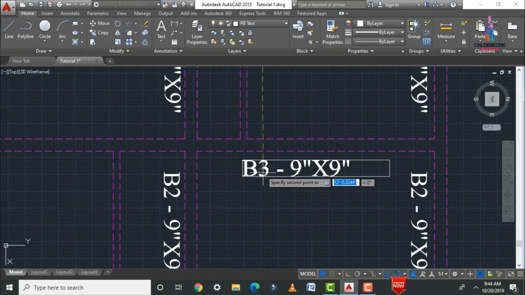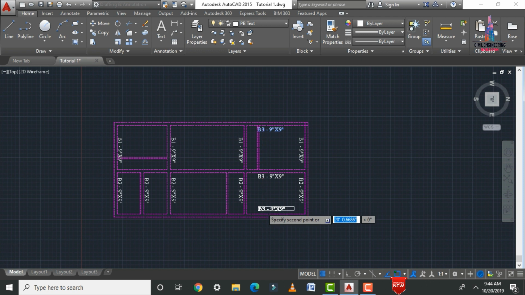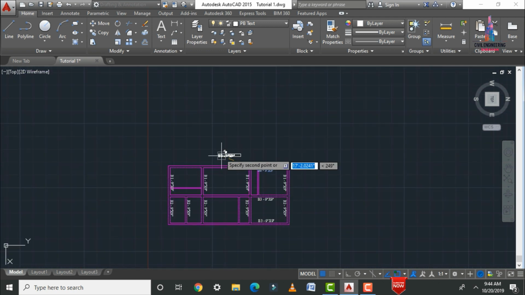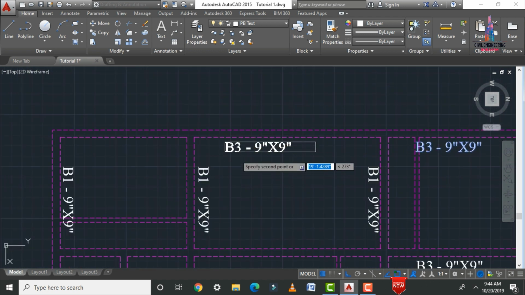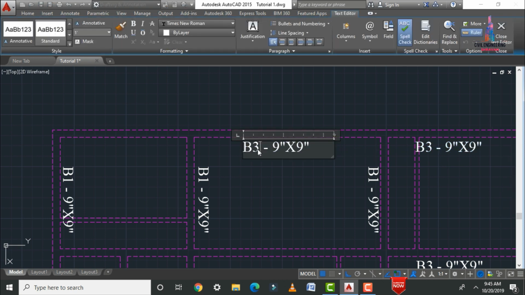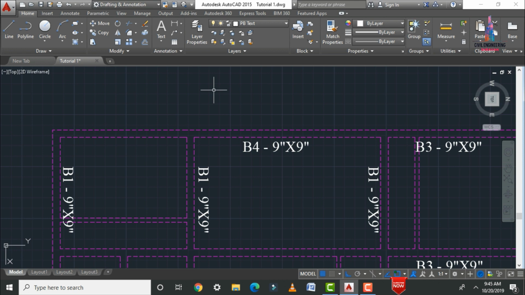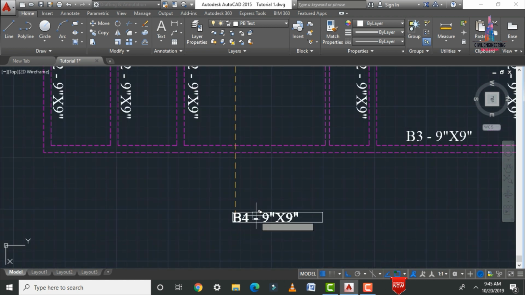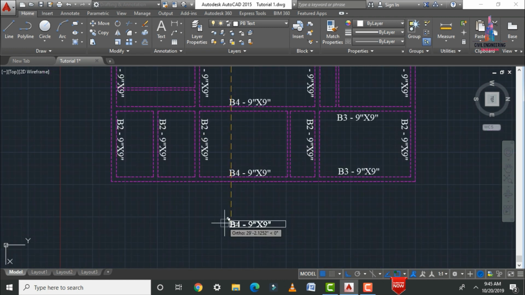copy this to your respected distance here like this. Again in the same process we have to copy this. Just I am applying the copy in horizontal position. We have to rename this B3 section as B4 section. Click on copy option, CO, enter, select this point. Again we have to select this respected position like this, and again this respected position like this.